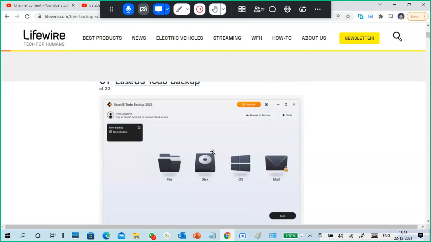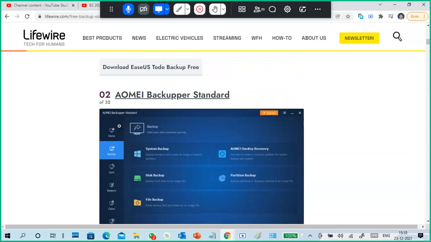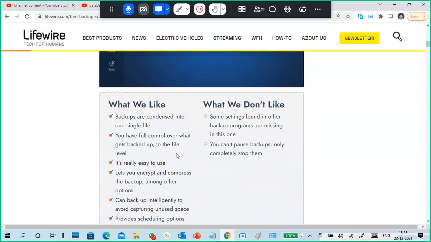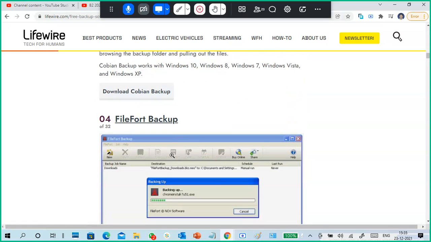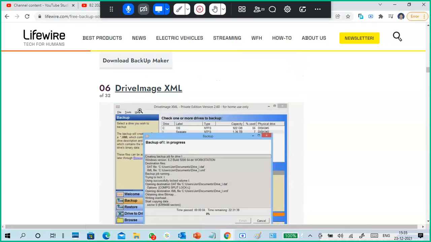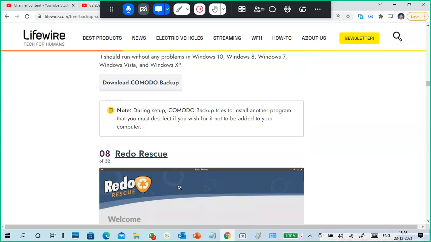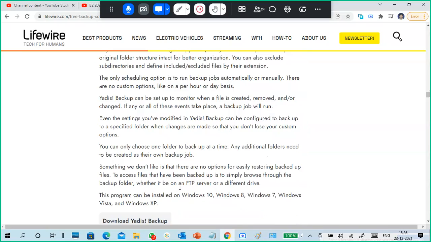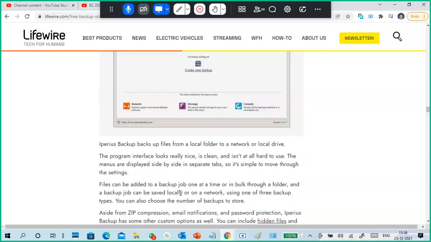We'll see, it is easy to do backup with EaseUS. AOMEI Backupper, Cobian Backup, NTFS Backup, FileFort Backup, Backup Maker, Drive Image XML, Redo Rescue, Yadis Backup, MiniTool ShadowMaker.